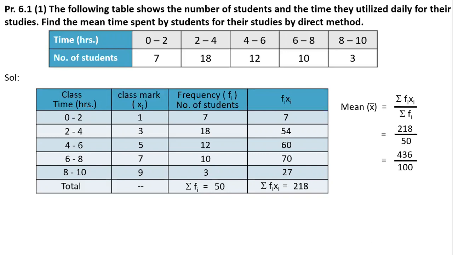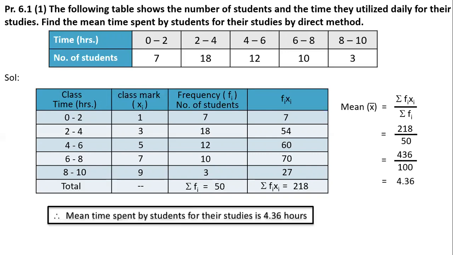No. But is it beneficial? Yes. I know 50 into 2 is 100. So I multiplied 218 by 2, I got 436. And I know the division by 100 is very simple. Move the decimal two places, 4.36. Then you write the final answer, which is very important, for which you have 1 mark.